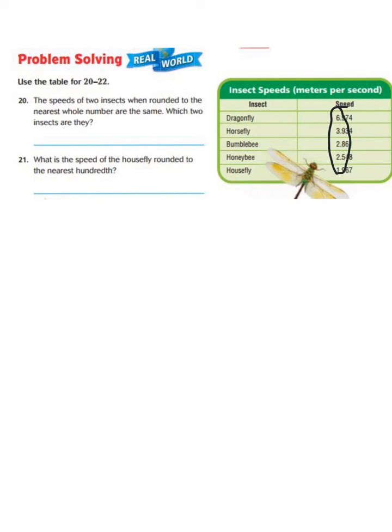And then it asks, what is the speed of the housefly rounded to the nearest hundredths? And we see that our housefly has a speed of 3.934, and we're wanting to know what it would be if it were rounded to the nearest hundredths. So go ahead and answer those two